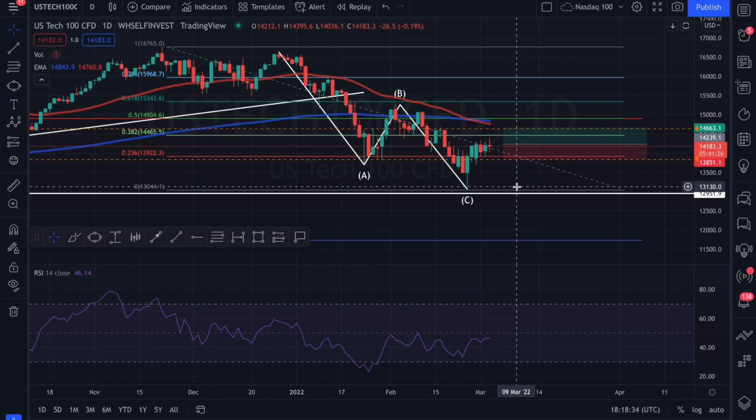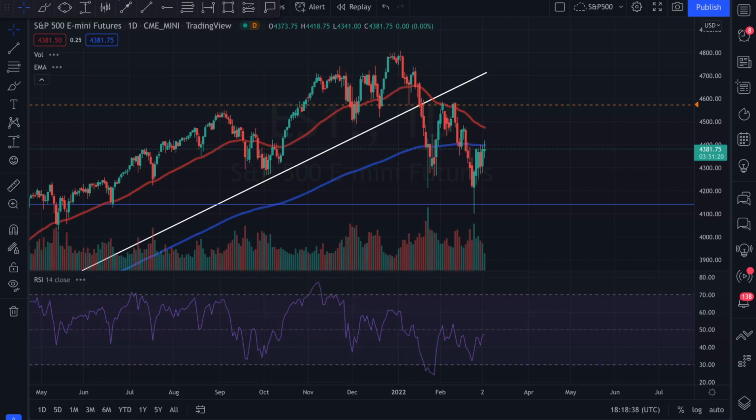That being said, there's one market that I personally believe is dictating where the NASDAQ 100 trades to at this moment in time, and that, of course, is the S&P 500. The S&P 500 is really struggling at this moment in time to break above this 200-day EMA. We did briefly break above there when the markets first opened earlier this morning, but of course, as I mentioned, just like the NASDAQ 100, it pared most of its gains. The S&P 500 is currently trading in the green ever so slightly, but if we could get a true break above the 200-day EMA, perhaps a daily or a weekly close above it, and we went to trade up towards that 50-day EMA, which is around that 4,500 area,